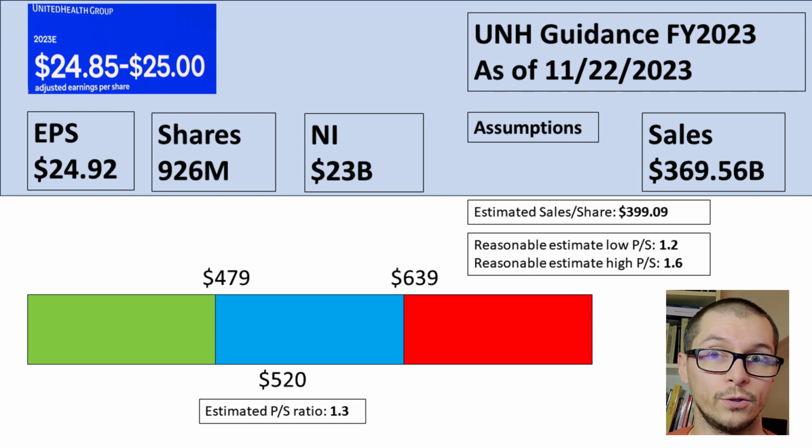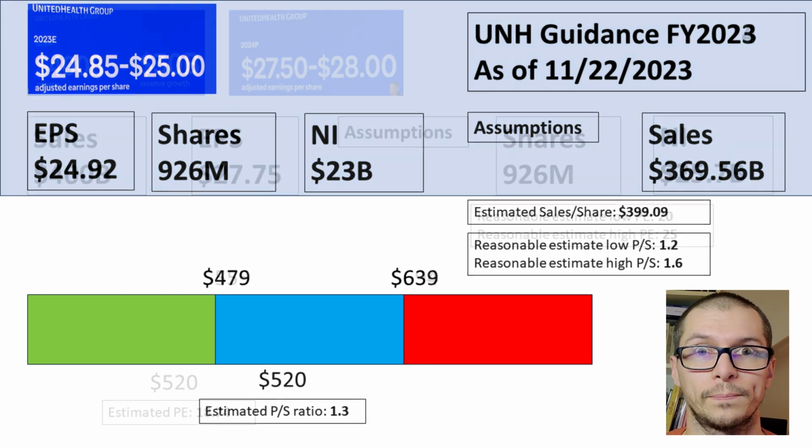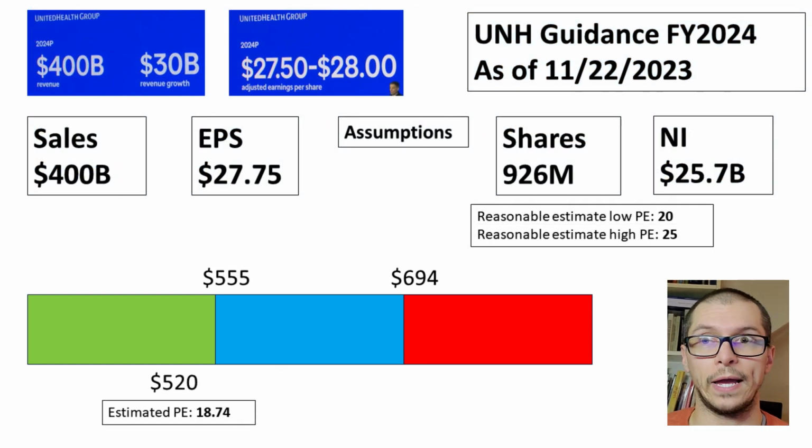Then multiplying this forward guidance to our reasonable price to sales range of 1.2 to 1.6 times sales, resulting in a fair value stock price between $4.79 and $6.39. The result being that the current price of $5.20 is within our calculated fair range and favoring the buyer side more than before. Looking even further out at management's 2024 guidance, they have provided the following projections for its fiscal